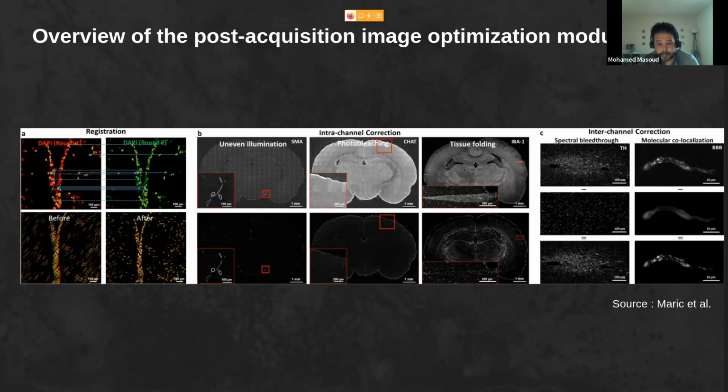And for the inter-channel correction, which is a problem that can happen from mixing the signals of different channels because we are dealing with very thick layers, we can see noise from the neighbor channel affecting the original signal in the current channel.